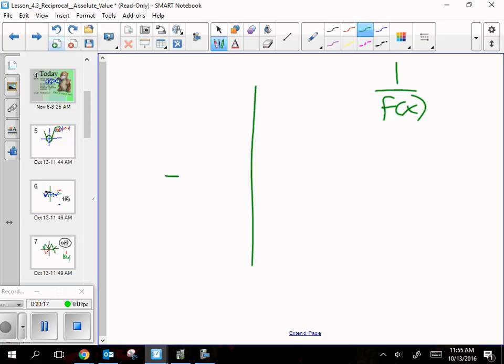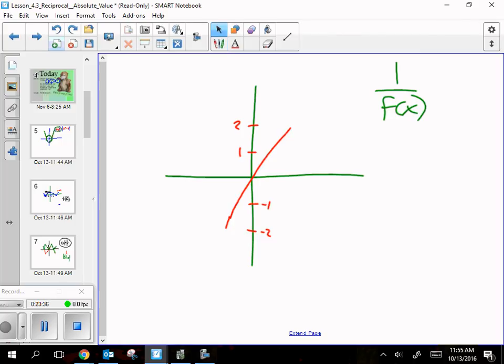For this, I'm going to give you just a really simple one to start with. Let's say it goes like that, and let's say it goes up as high as 2 and down as low as negative 2. So the red function is your function. First thing you need to understand, we're taking our function, which was this red one, that was f of x,